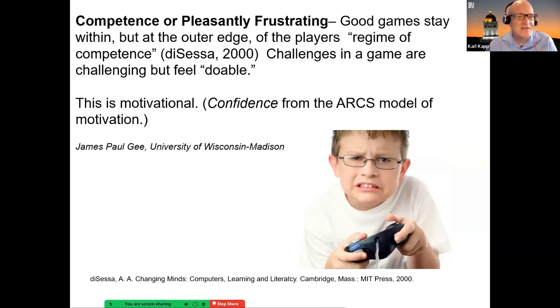Now, the other competence talks about, James Paul Gee talks about the idea of pleasantly frustrating. And this is the idea of flow that we talked about a little bit, or confidence that we talked about, right? Good games stay within, but at the outer edge of what the players are able to do, right? The challenges, they feel challenging, but they're also doable.